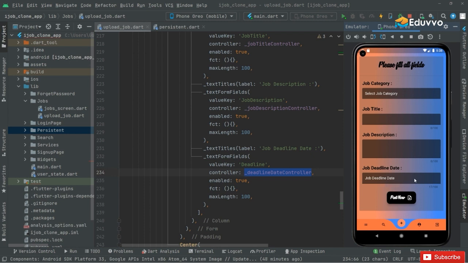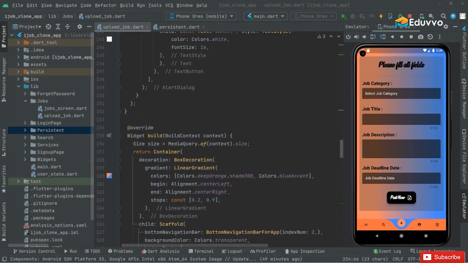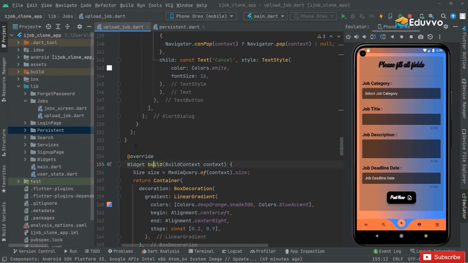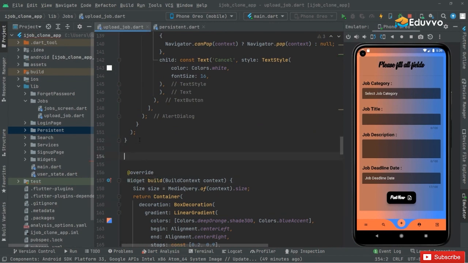Now we will simply go and create a method, as I told you before, for picking the date. So whenever the user clicks right in here, there will be a kind of dialog for the date. So let's go and create that method above the widget build for picking the date. There we go with the widget build, and right in there you'll say void, then make it private, and the name will be pickDate dialog. This will be asynchronous,